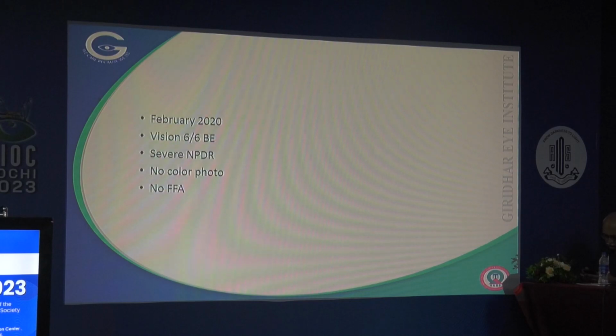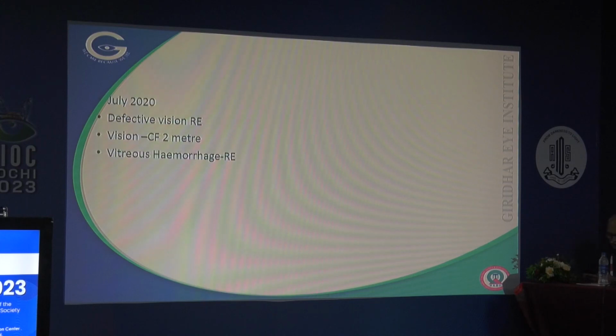So what we learned from this particular case is, number one, it was not managed properly. So once you see severe non-proliferative diabetic retinopathy, it's important to at least send it to the retina clinic, or at least do a fundus fluorescein angiography to see whether there are subtle areas of retinal neovascularization, and give adequate laser photocoagulation immediately. So this could have been a preventable situation, and you should always remember that even ischemic processes do worsen after cataract surgery,